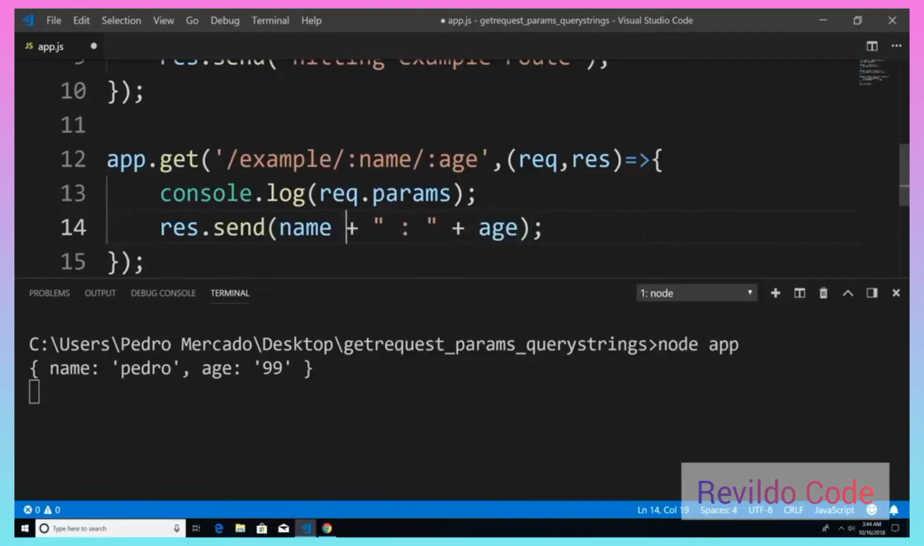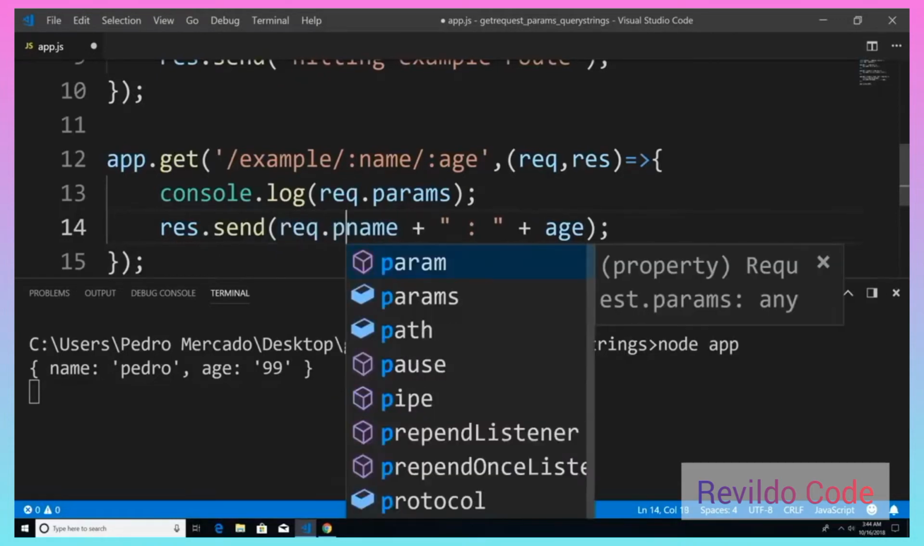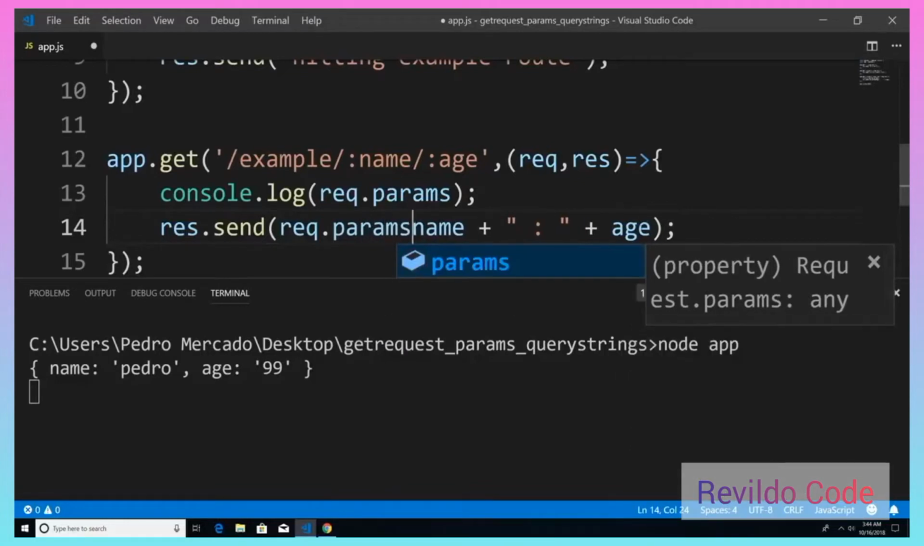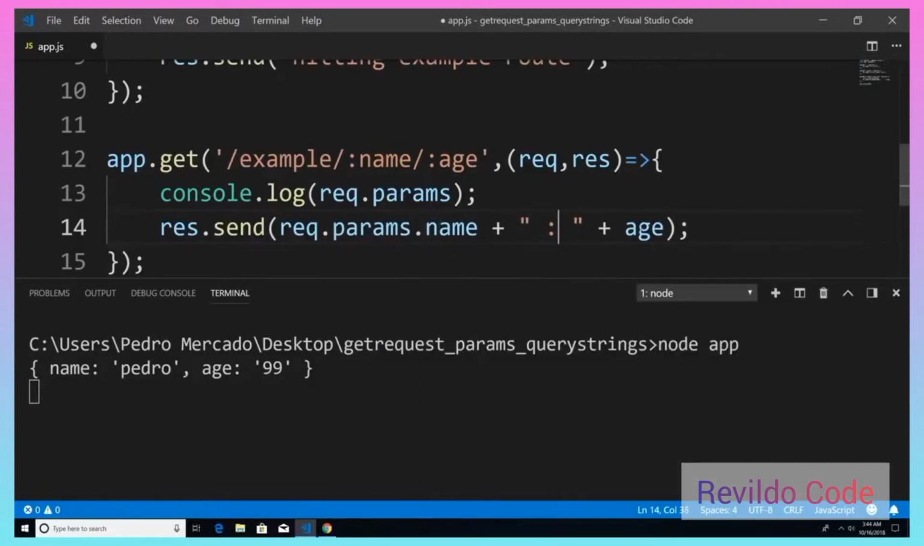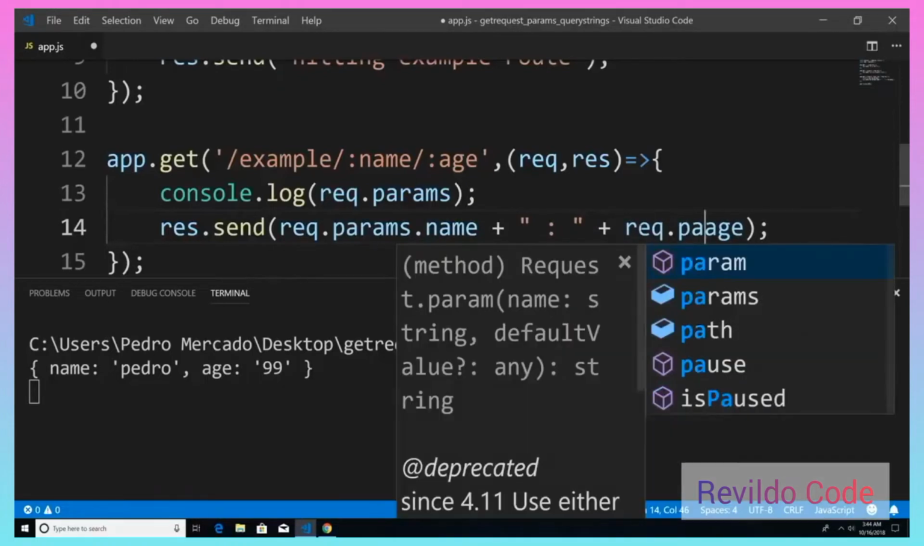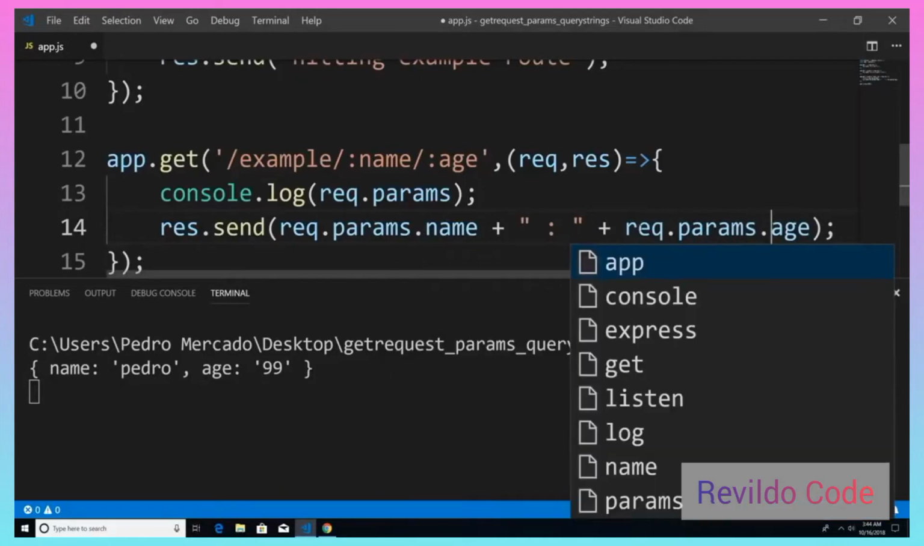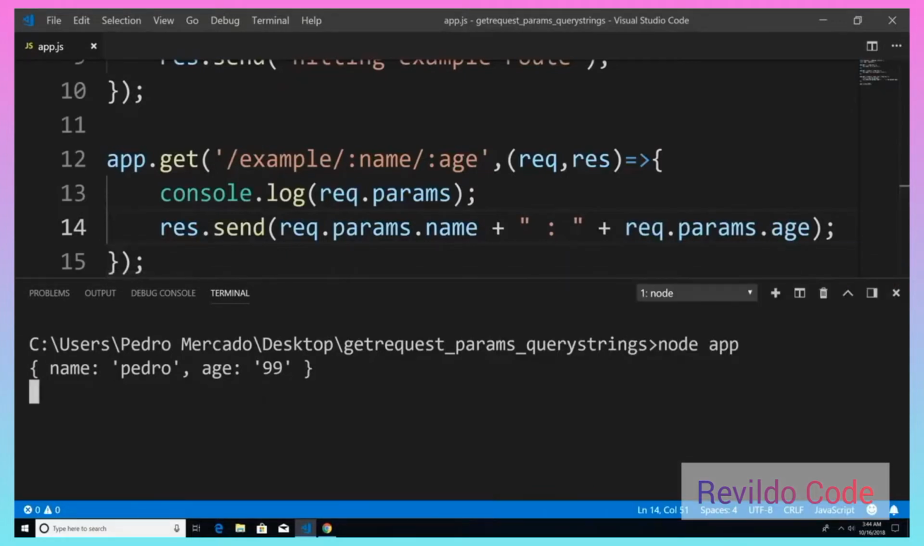And don't forget that this name property and age is within our request.params, and all request.params is an object. So I could say request.params.name to access the name value, and I could say request.params.age to access the age property. So now if I save this and we're going to reset the server,